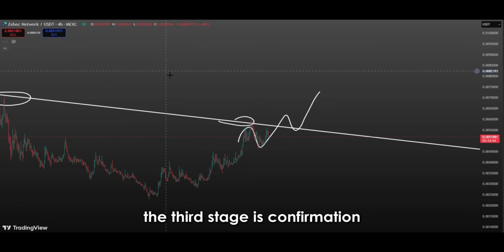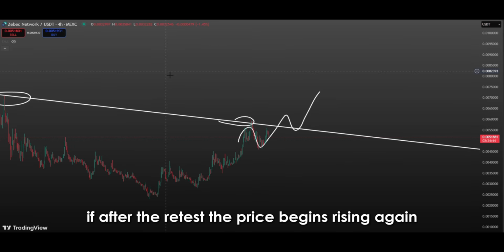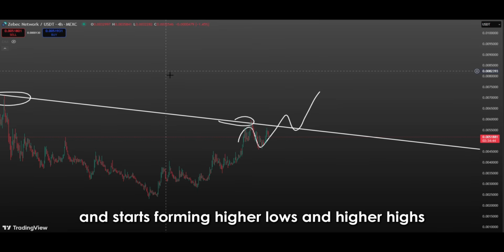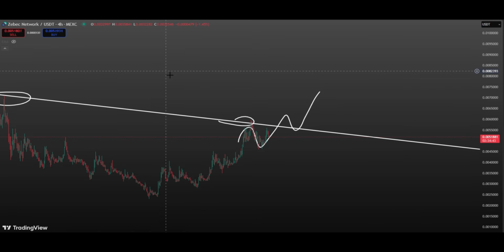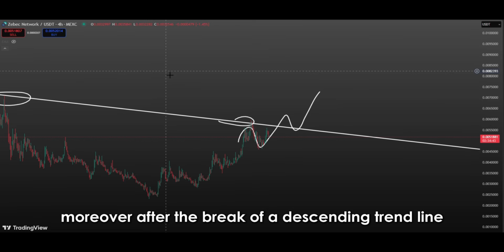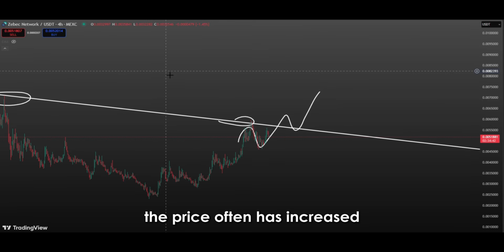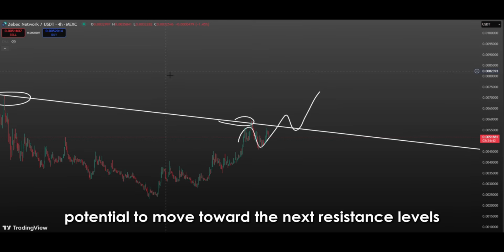The third stage is confirmation. If, after the retest, the price begins rising again and starts forming higher lows and higher highs, a new uptrend is considered to have started. Moreover, after the break of a descending trend line, the price often has increased potential to move toward the next